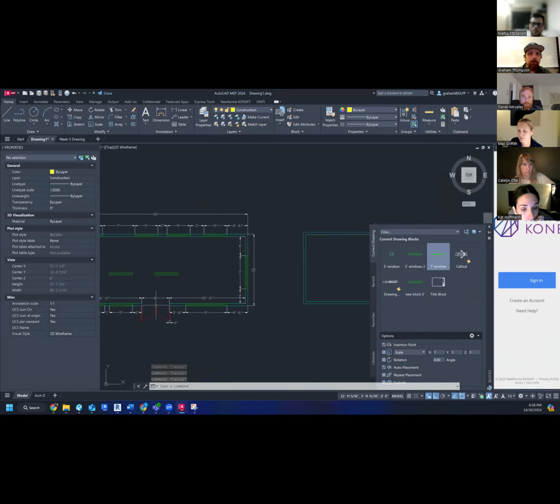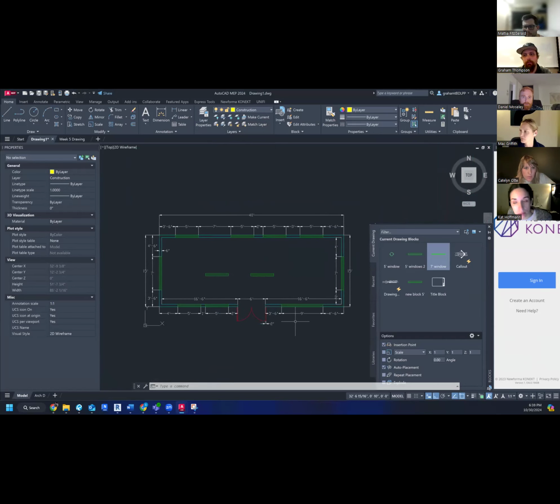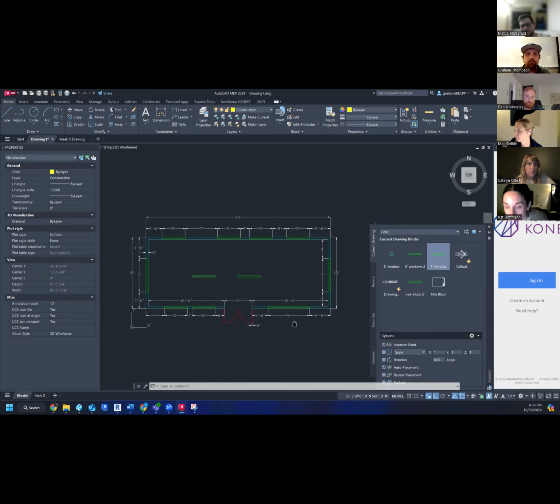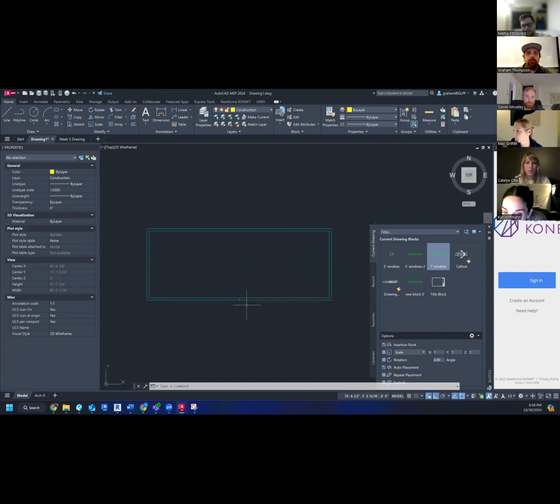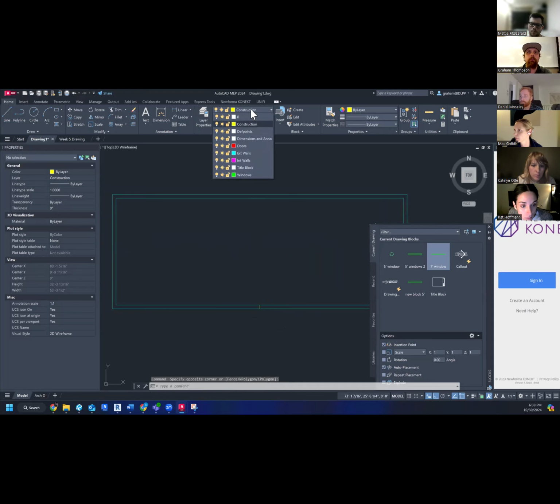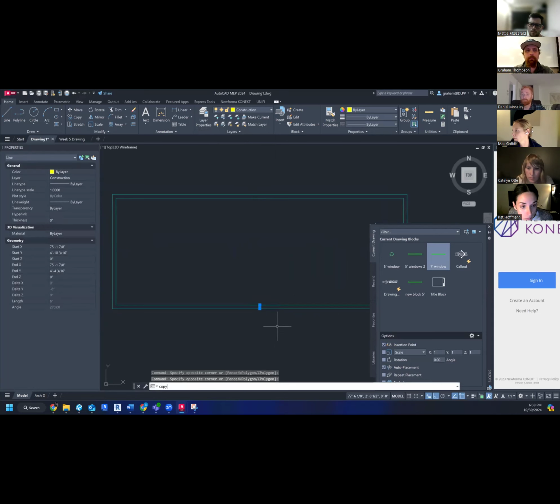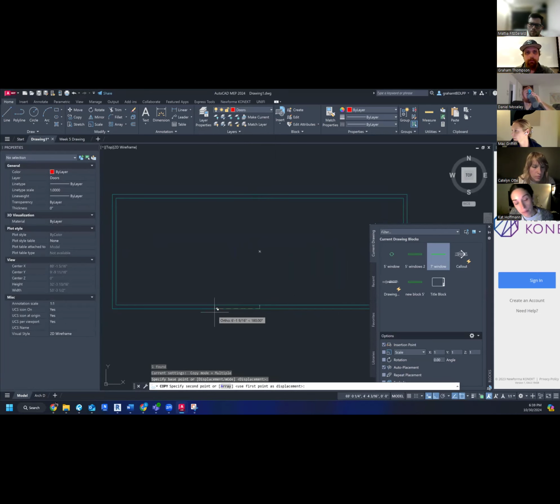I could go and do all the measuring, but if you look at this, I gave you the door right in the middle. You got 16.6 each way of the door jamb. So the easiest way to create your other doors is off of this center mark. I'm just going to move over to the door layer. If I select this and copy it, I'm going to copy it 3 feet this way and 3 feet this